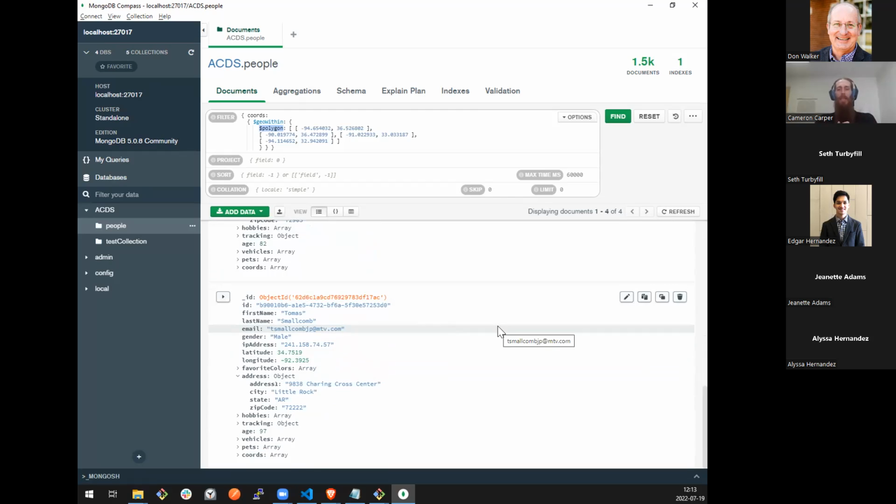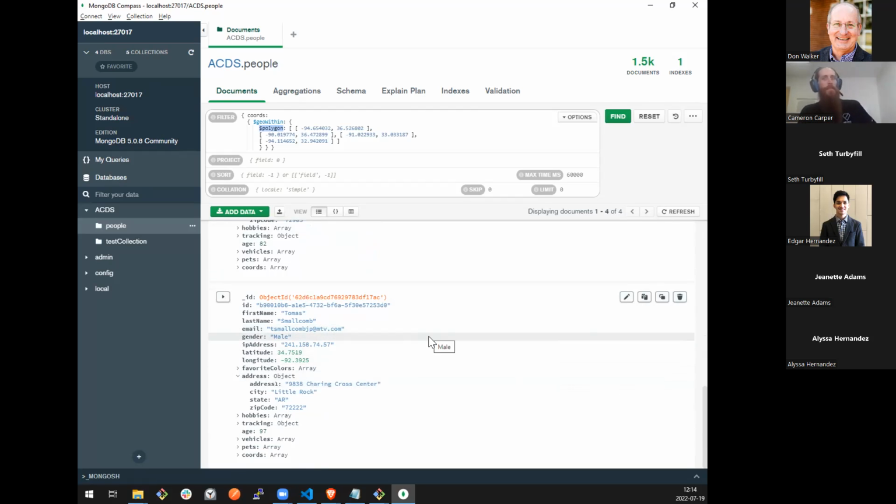So yeah, apparently I used mockaroo.com, and the actual schema I used to generate this is also in that data directory. I think it's called ACDS initial schema or something like that. If you want to build the same data set, you can either download it from GitHub or grab that schema, go to mockaroo.com, upload the schema, and generate the same data and tweak it any way you want.